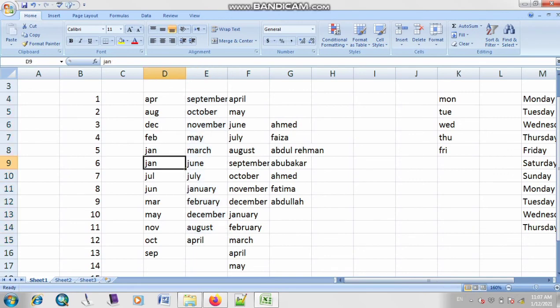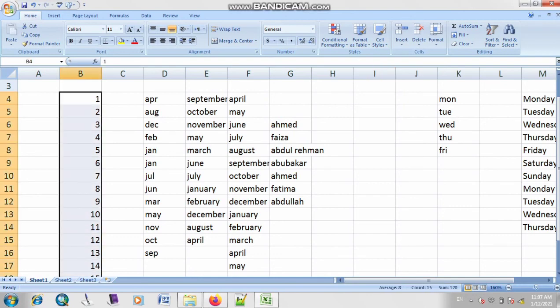Now the names that start with the letter A are appearing at the bottom, and the other names are appearing at the top of your list or row. So similarly, if you want to arrange your numbers, let me type here some numbers. These are automatically already in ascending order.